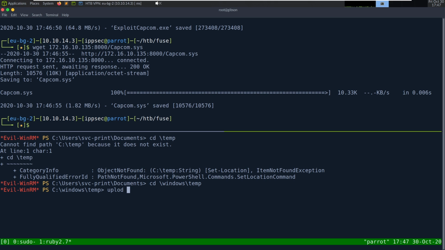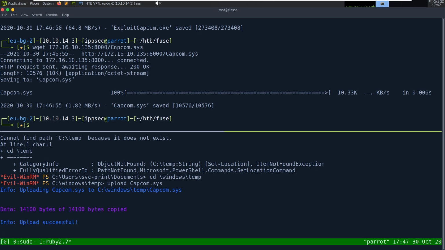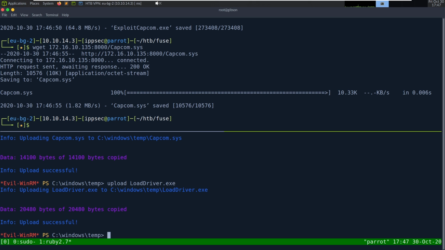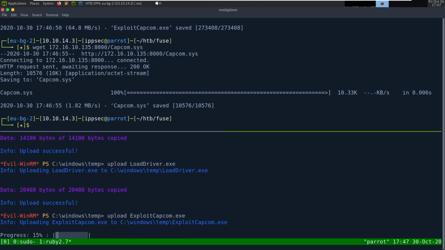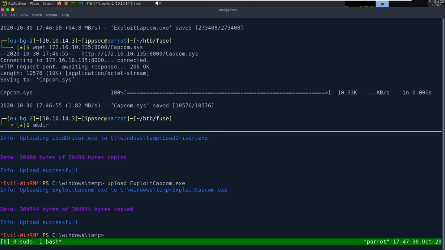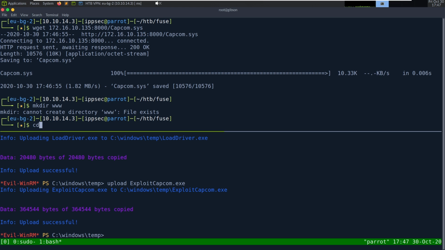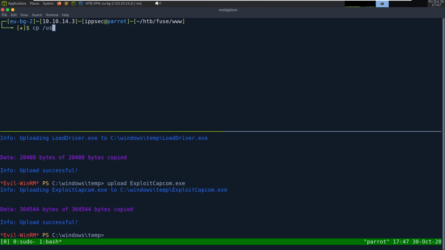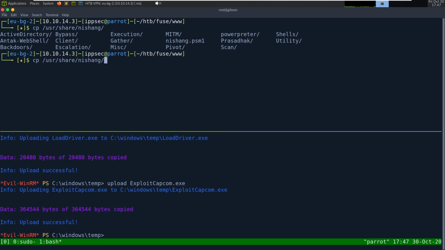So we can upload Capcom.sys and upload LoadDriver.exe. Upload ExploitCapcom.exe. And we'll probably want to make dir www now. Go into it, and we need to do a Nishang reverse shell. So cp /usr/share/nishang